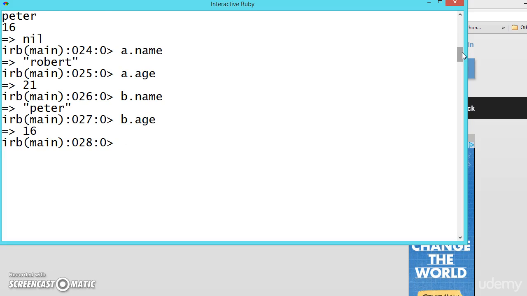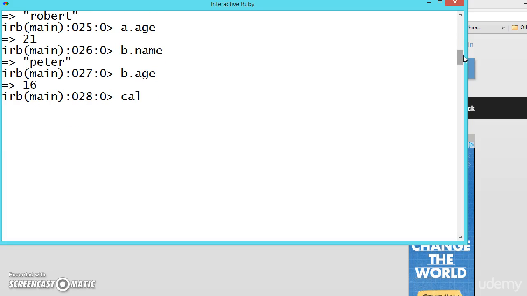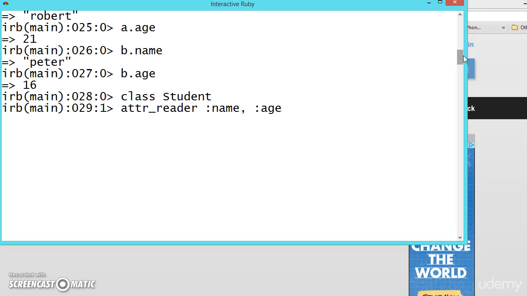So let us quickly create the same class again, class student, and let us write attr_reader, let us give the name can be accessed, age can be accessed, but let us say fees cannot be accessed.